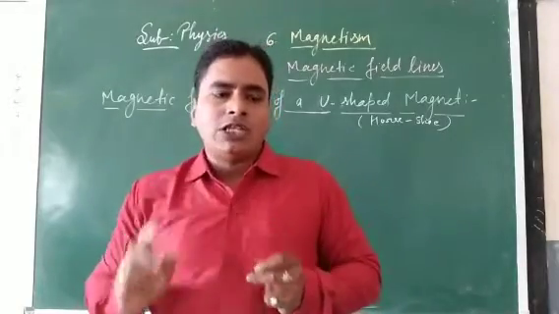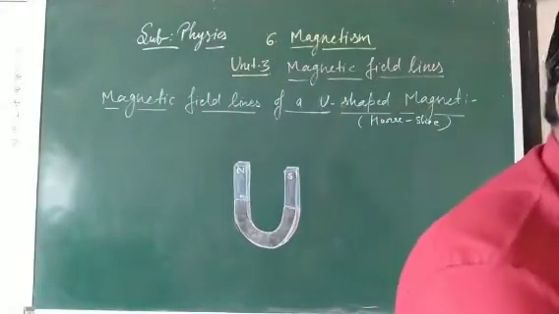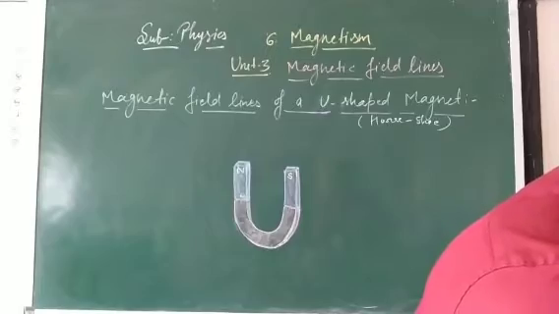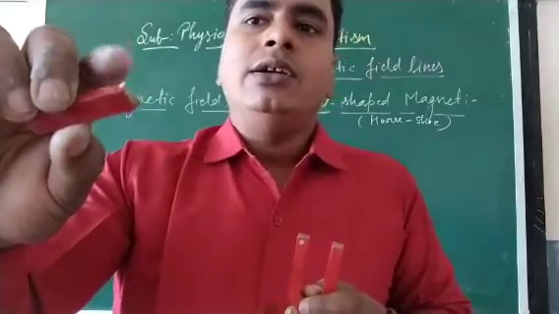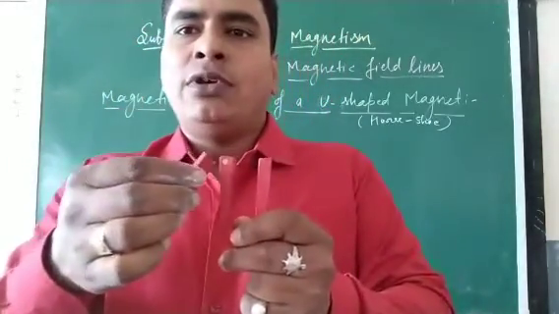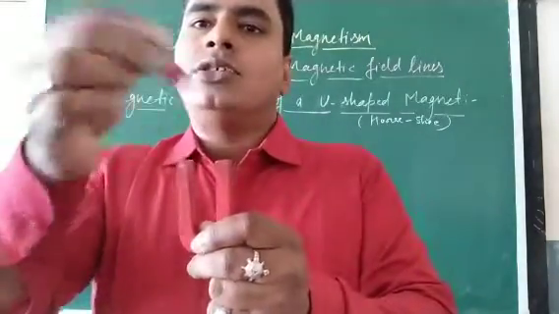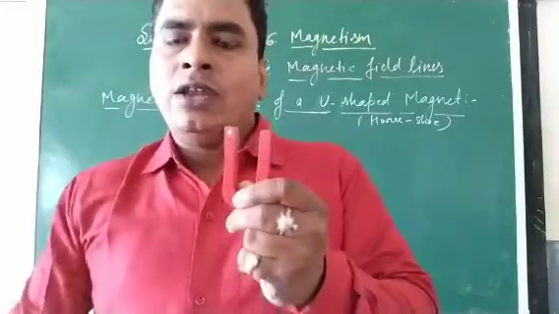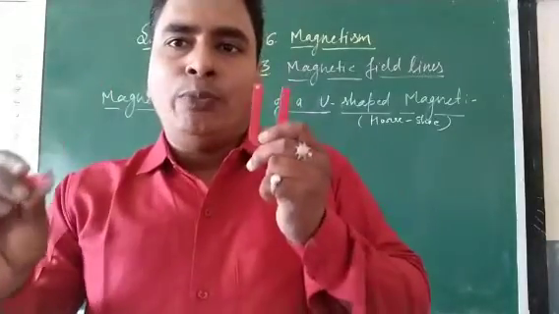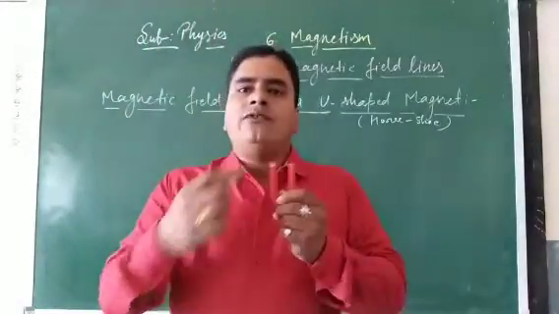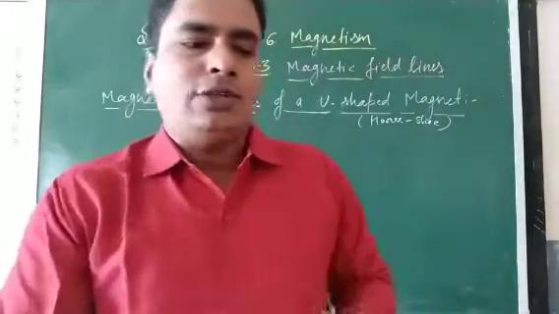But if this dot is not given, then how can you check? Then you will use a bar magnet and check its north and south pole. See here, this is the bar magnet. Here one dot is given, it is its north pole. North and north pole repel each other, but north and south pole attract. See here, attract. Clear? So if the north and south poles are not mentioned on the magnet, you will use a bar magnet to identify the poles of the U-shaped magnet. But here the dot is given, so we know the north pole and south pole.